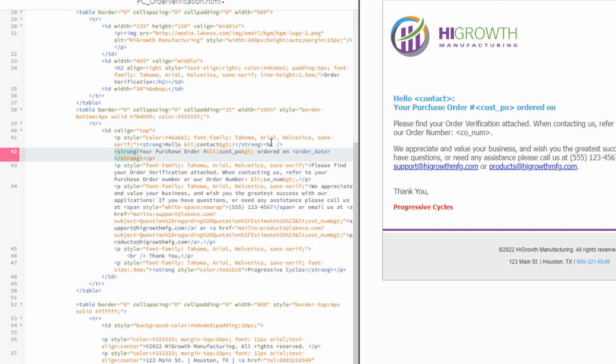So to fix it, I'll replace the arrows with the associated character code. The left is &LT semicolon, and the right is &GT semicolon. Now it looks like it should in the display.